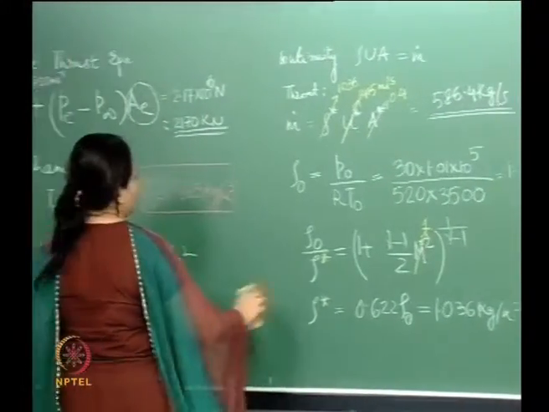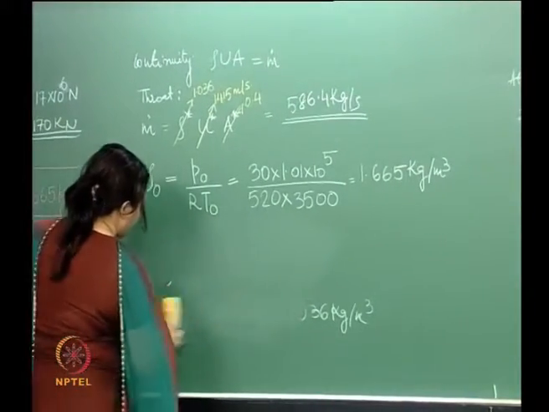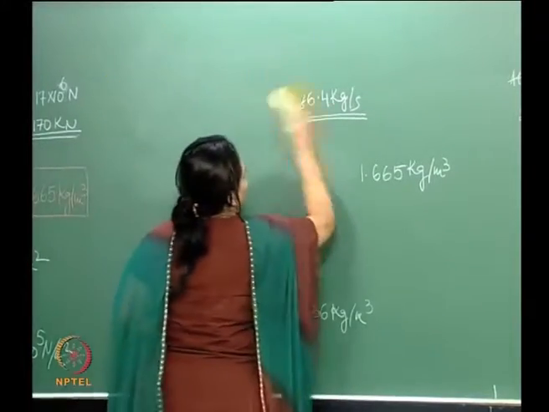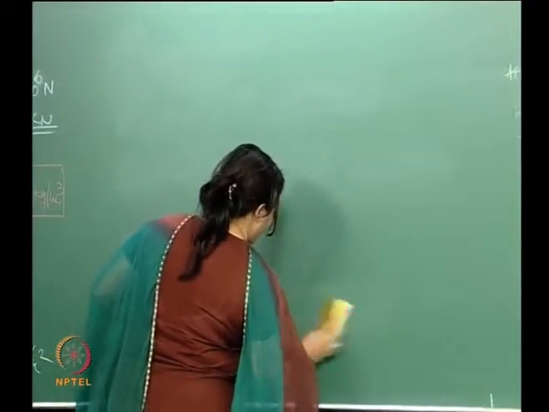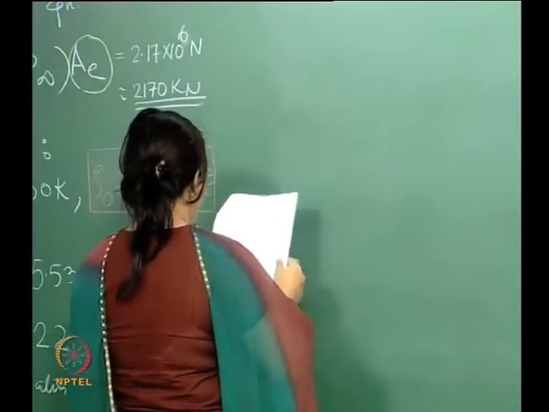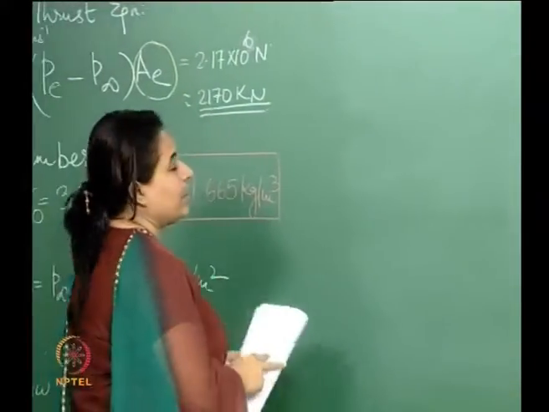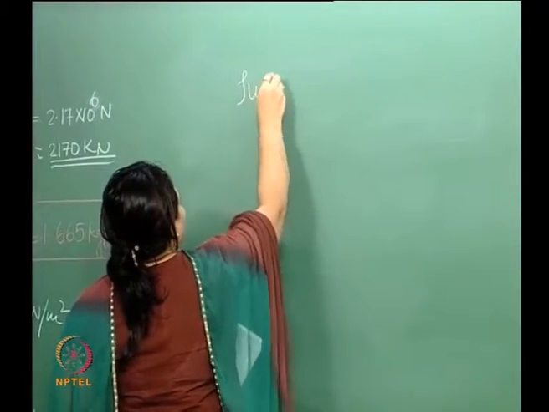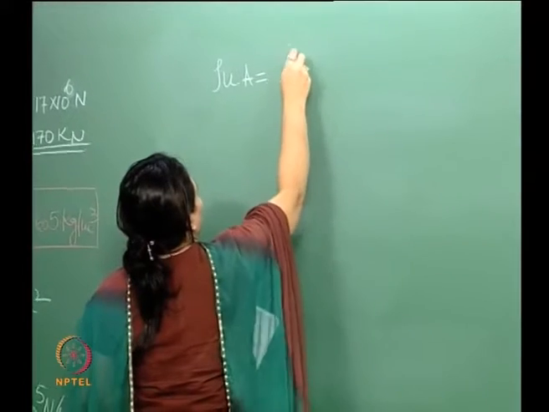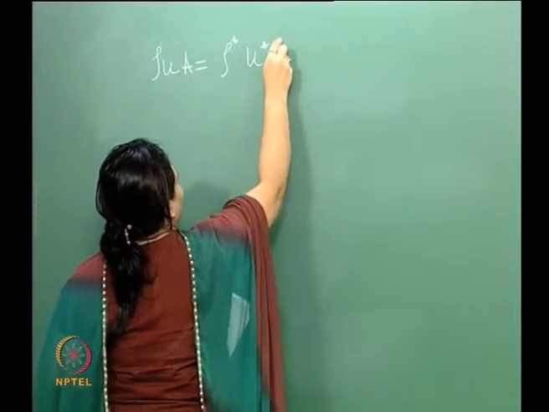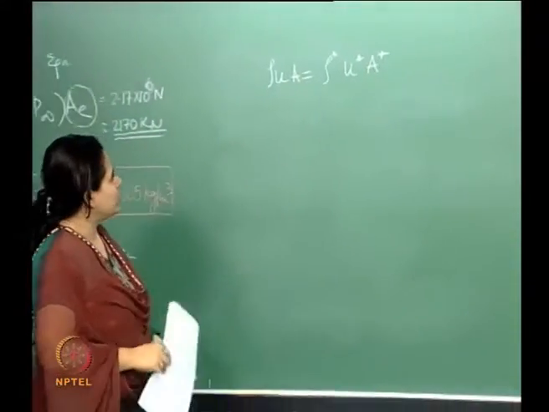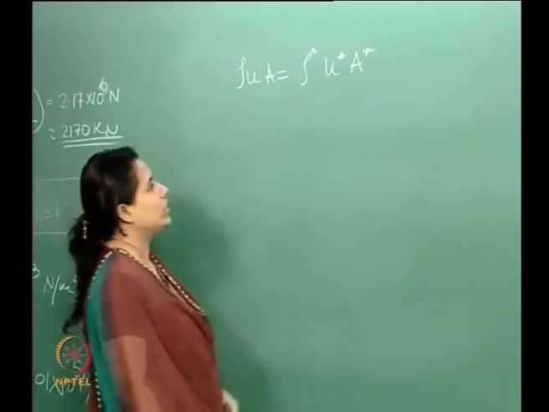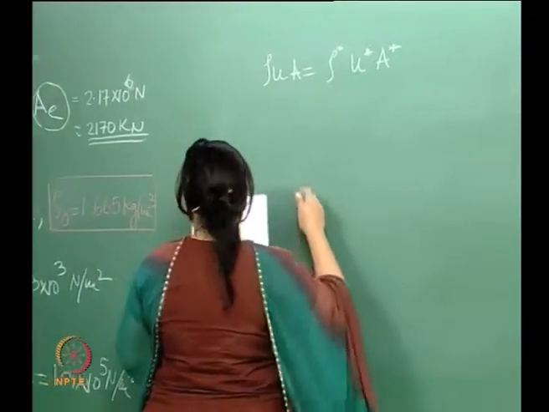In order to do that, again using the continuity, at any point, if I say at the throat conditions, the mass flow rate through any portion of the nozzle is equal to that through the throat, right. So from this I can write this equation as,